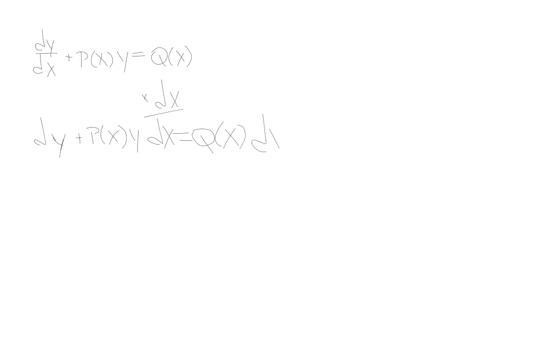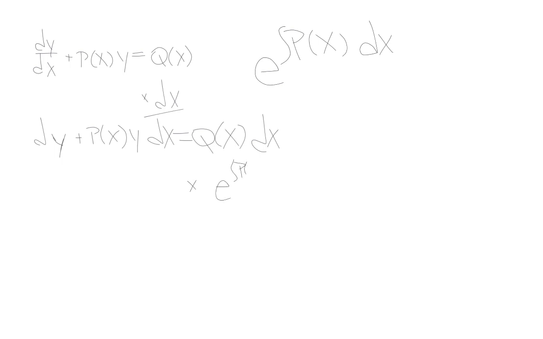dx. Because I've got dy's and dx's, it's not exactly feasible for me to just integrate both sides like we would with a separable first order differential equation. But on the other hand, I'm going to use the integrating factor, and the integrating factor is going to be my exponential function to the power of the integral of my function p of x with respect to x. And when I multiply everything by that integrating factor,